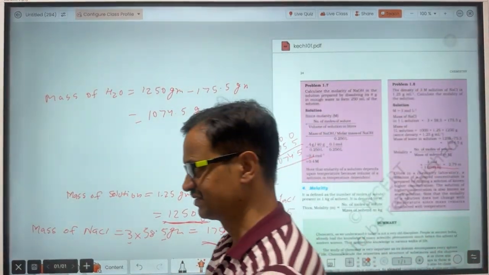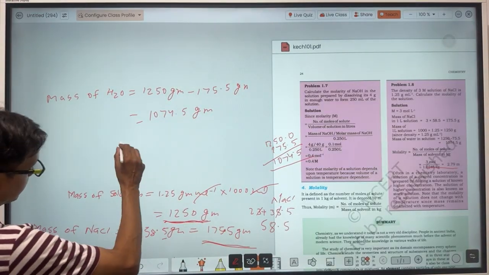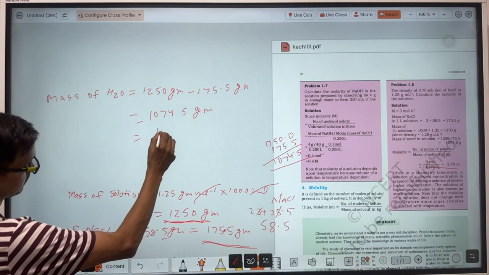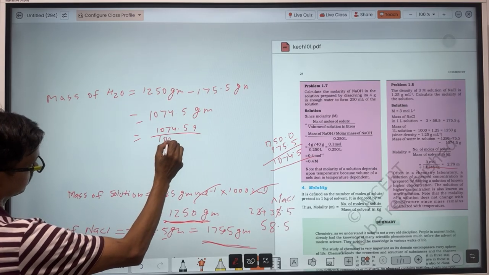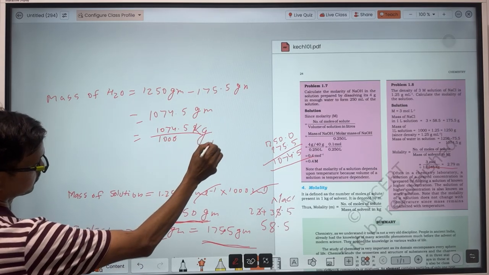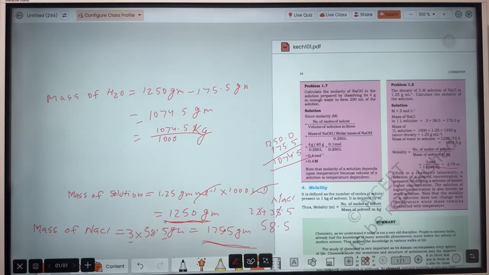Convert it into kg, so that will be equal to this divided by 1000. So molality will be equal to